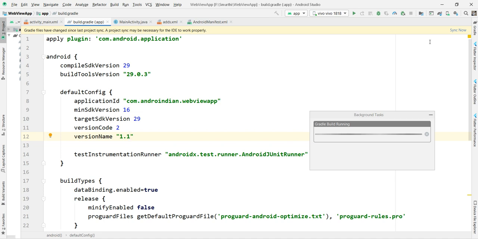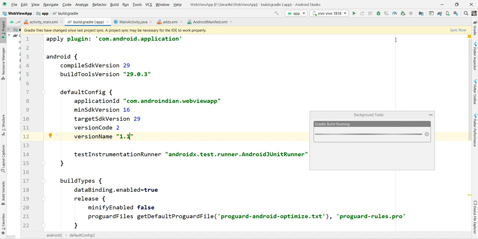Just wait; once this process has completed we can see it. Also, in our next video we will discuss how to create a Play Store account, how to upload an app into the Play Store, and how to update the app in the Play Store.